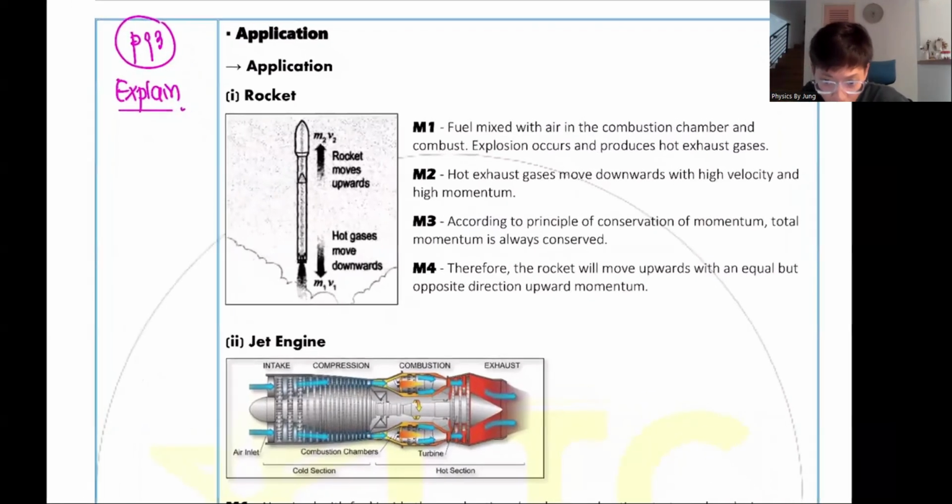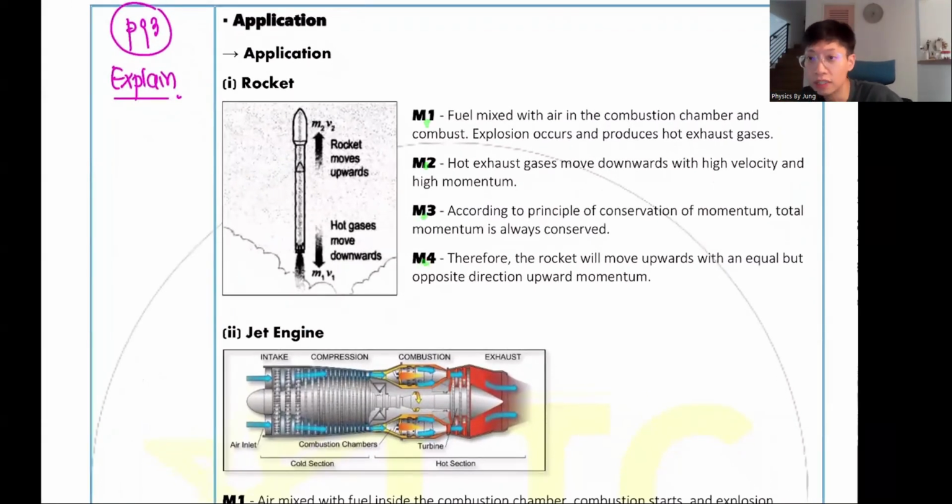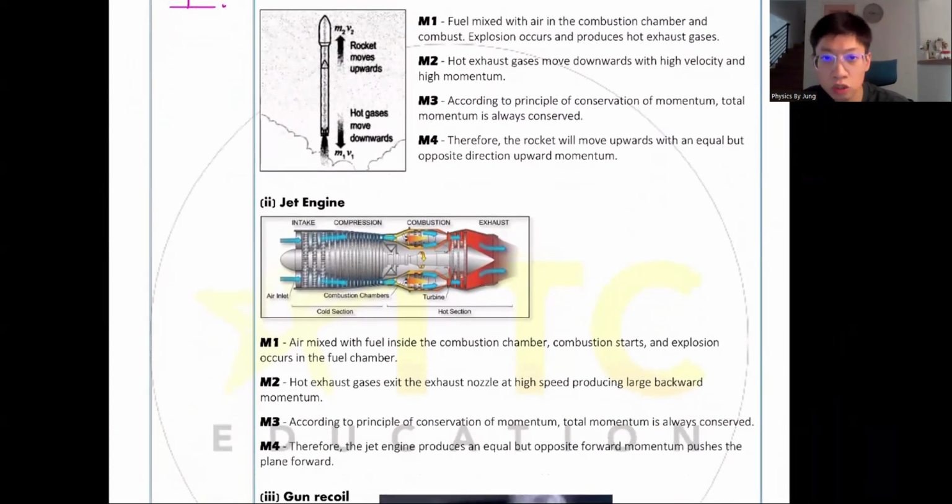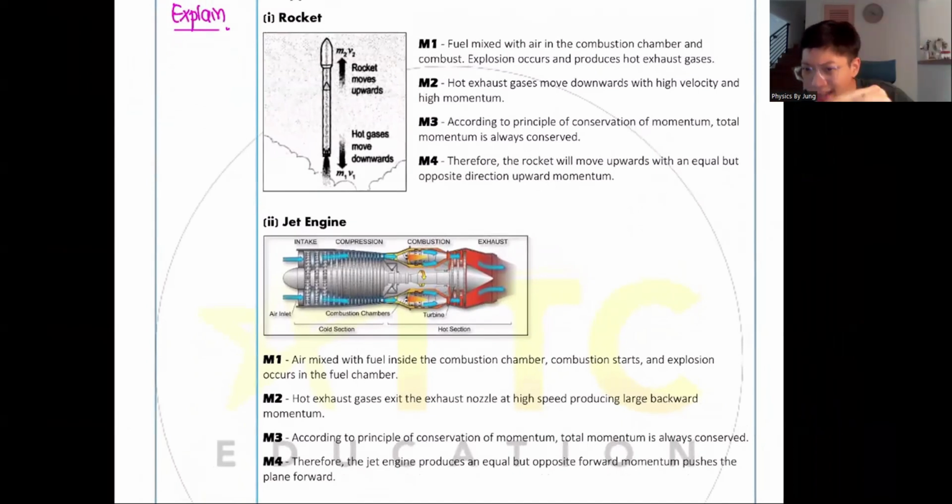Do you know why there's M1, M2, M3, M4 here? Because the M1, M2, M3, M4 actually mean the first mark, the second mark, the third mark, and the fourth mark. So, teacher, do I need to memorize the whole entire explanation word by word? Do you need to memorize every single word or not? Okay, the answer is no. As long as you can explain the main point, like what is the keyword here, good enough already. Let's check what you mean by keyword.